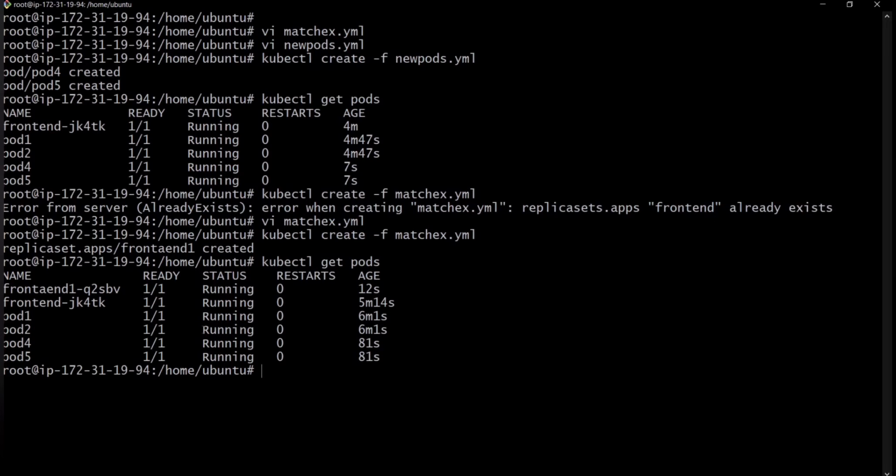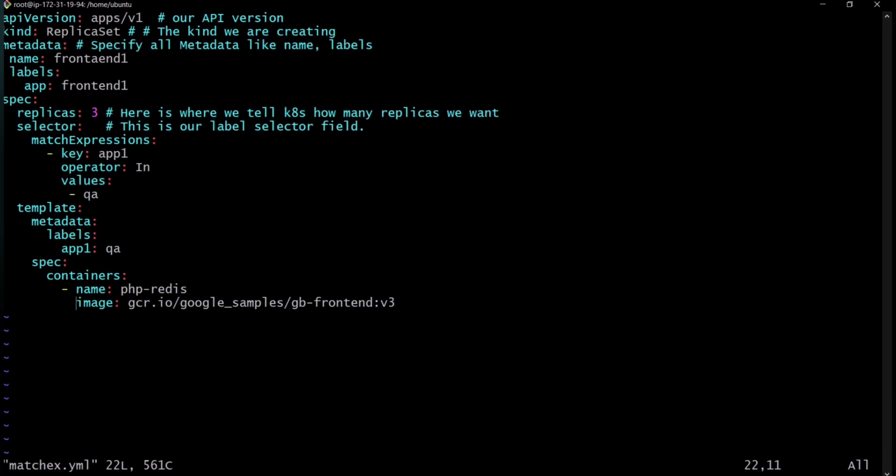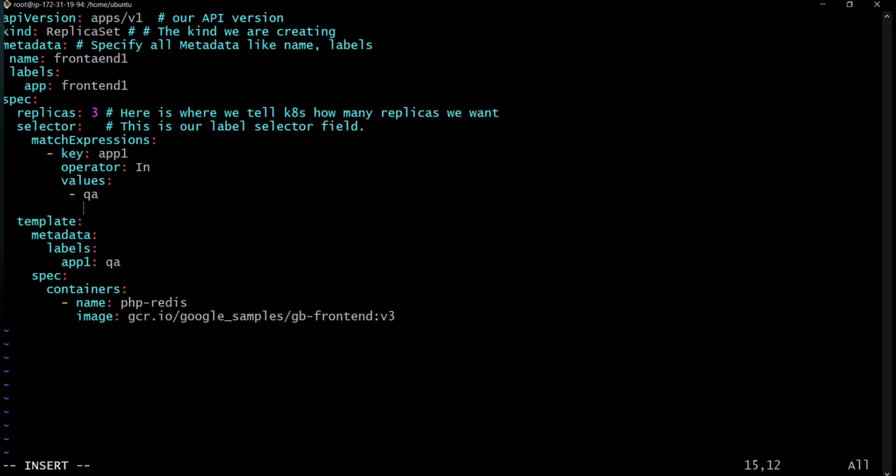So let's create one more pod. Here just change in the match expression, sorry, okay, and here we have to define one more value, test.